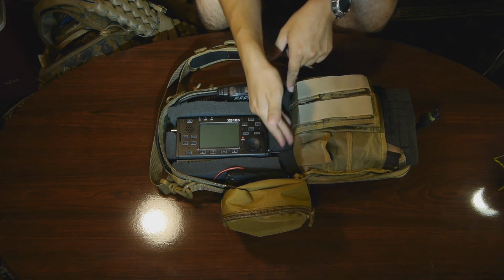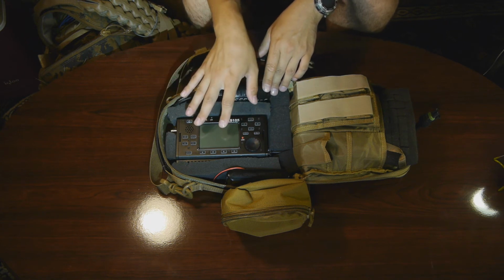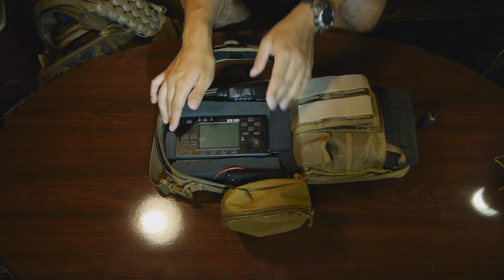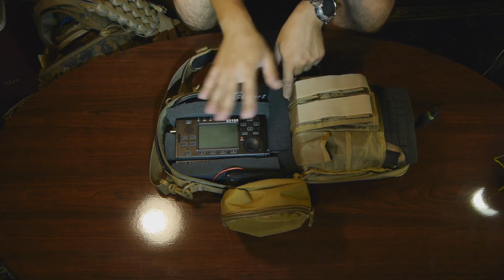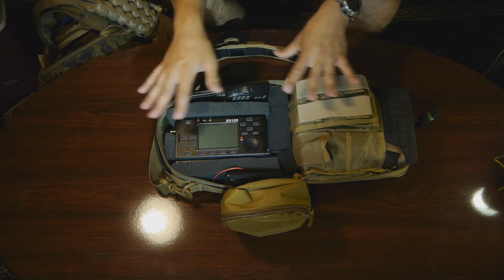Although there is some pressure here, it's not as bad as it was in the case that I had previously for it. I used a Pelican type case, and it was okay, it worked okay. It's just, I wanted something a little bit more open and freer. Anyway, you can look up the dimensions on the Maxpedition website of this bag. I'm not going to go over it, but the reason why I chose this bag versus other bags for this,